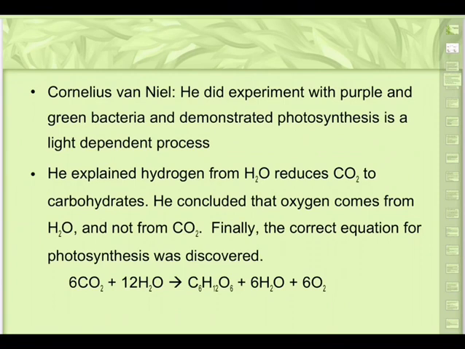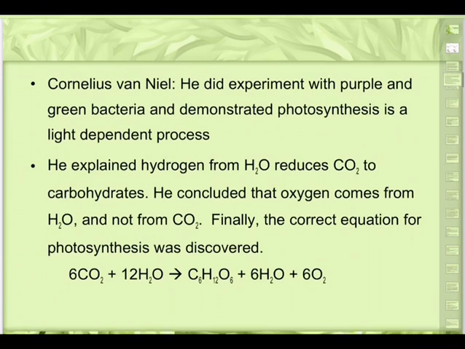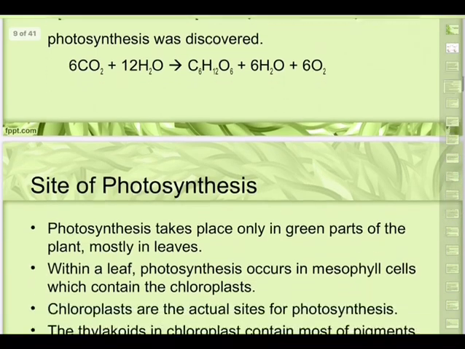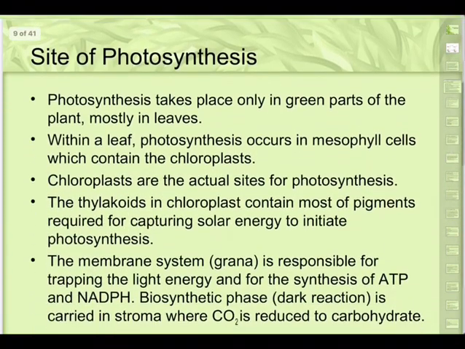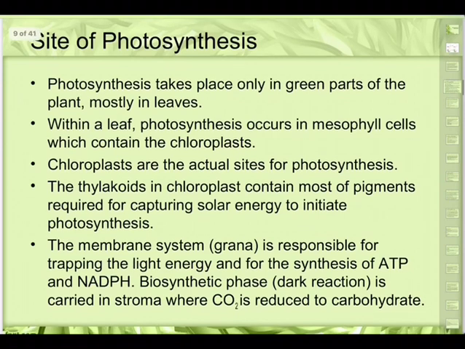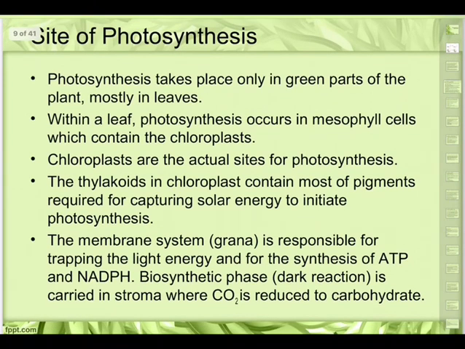And finally, the correct equation for photosynthesis was discovered, and generally we write it like this: 6 CO2 plus 12 H2O giving rise to C6H12O6, n times it is, of course. C6H12O6 is glucose, you know, that's a monomer, and normally plants will form heavy amounts of glucose that becomes starch, and 6 H2O is the byproduct, along with 6 O2, that's important. That's why I said more the plants, more the oxygen. This is the overall reaction.